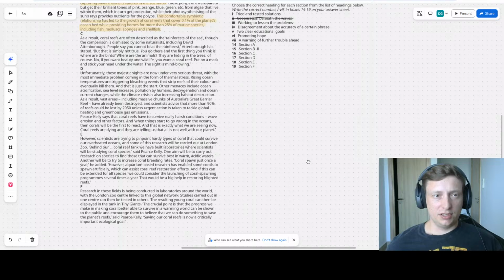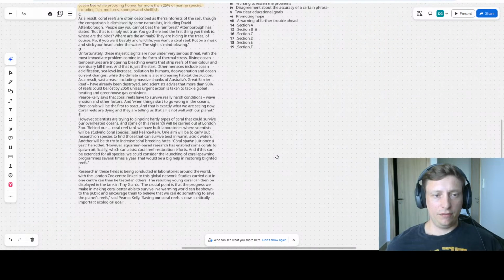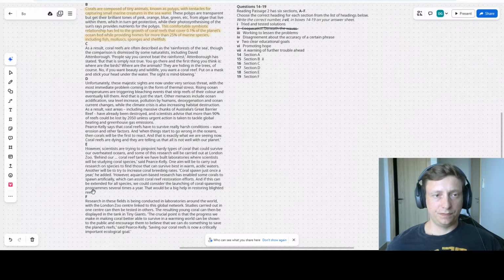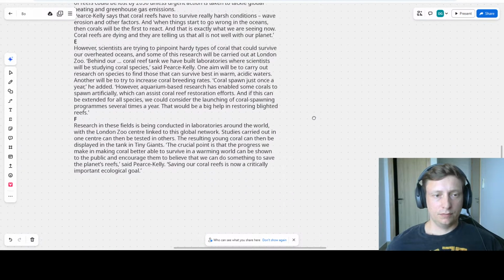So what's shorter, C or F? I think F is slightly shorter. So let's go and do F. Okay, so we have: research in these fields is being conducted in laboratories around the world, with the London Zoo Centre linked to this global network. So first sentence is about research, and then the last sentence, saving our coral reefs now is critically